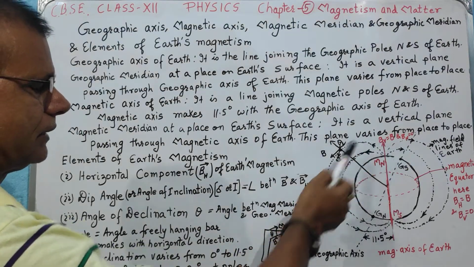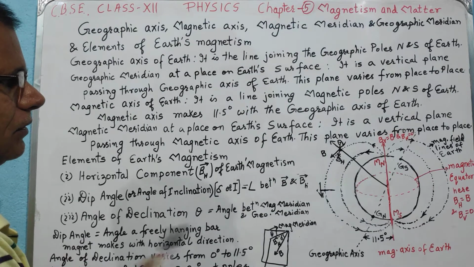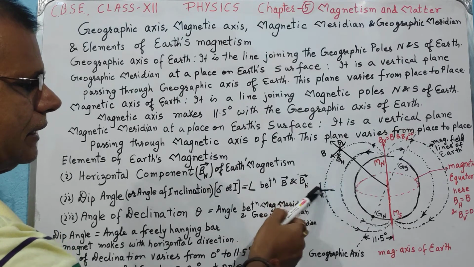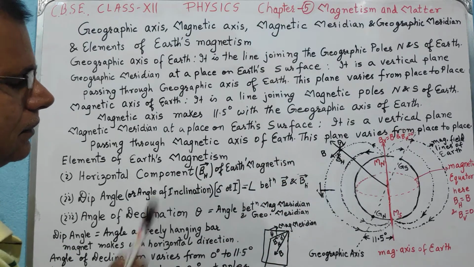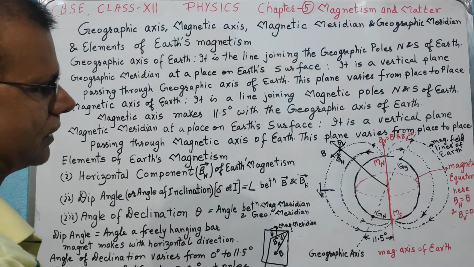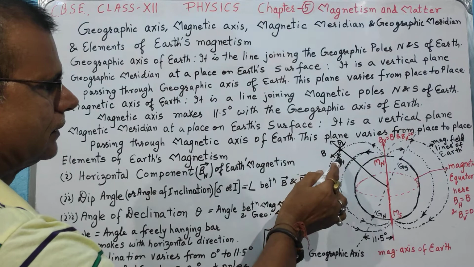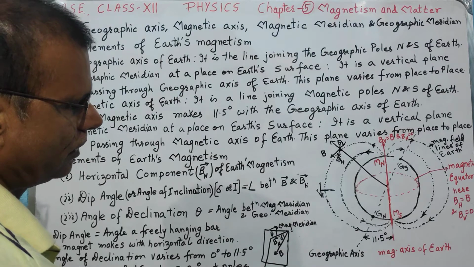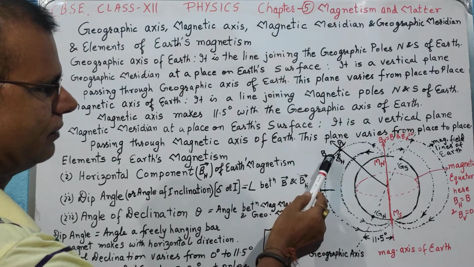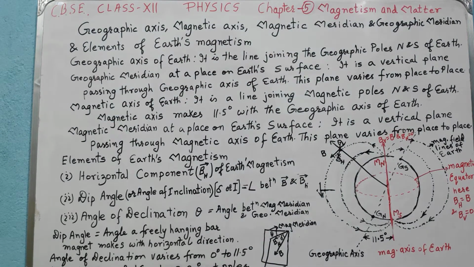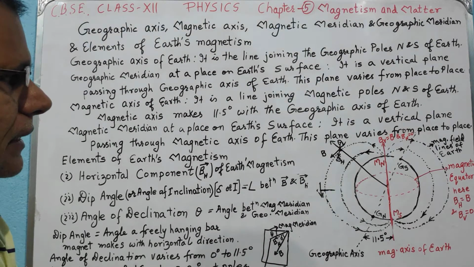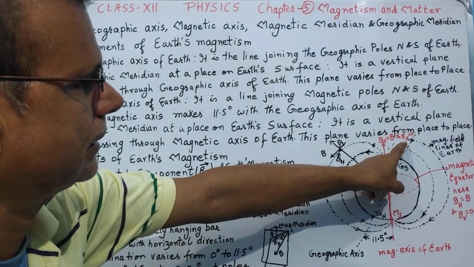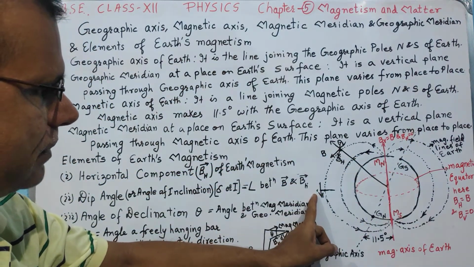And in between the equator and pole, the horizontal component of magnetic field will be along a direction other than the vertical, along the direction of horizontal, but the value of the horizontal component of Earth's field will always be less than the magnetic field of Earth at that point, because you see the magnetic field's horizontal component is 0 at pole and it is maximum at equator.